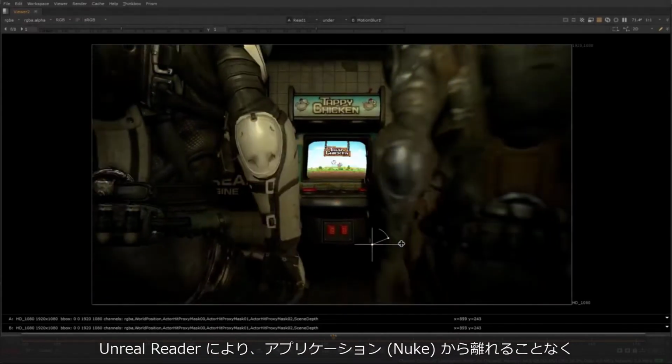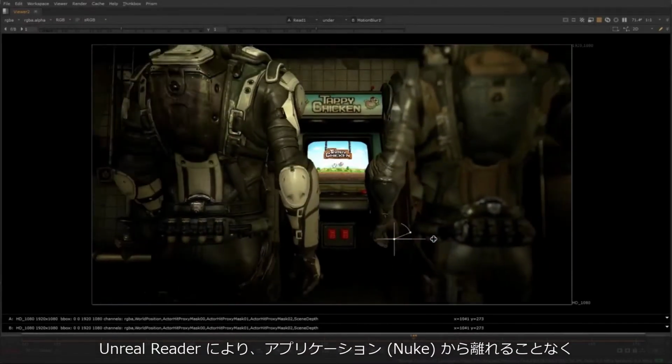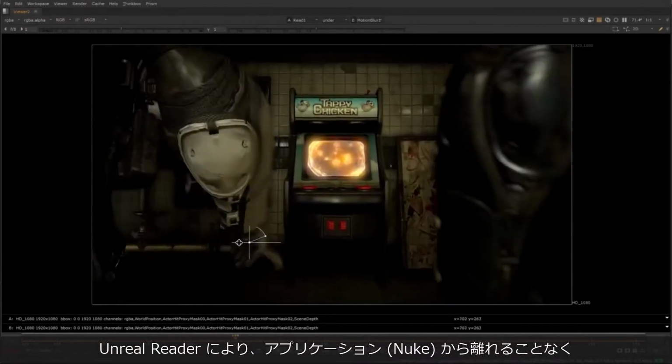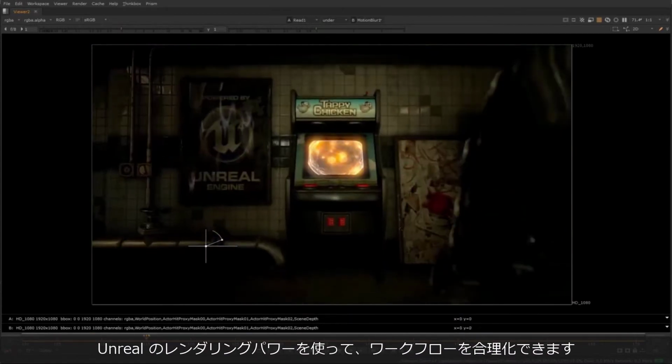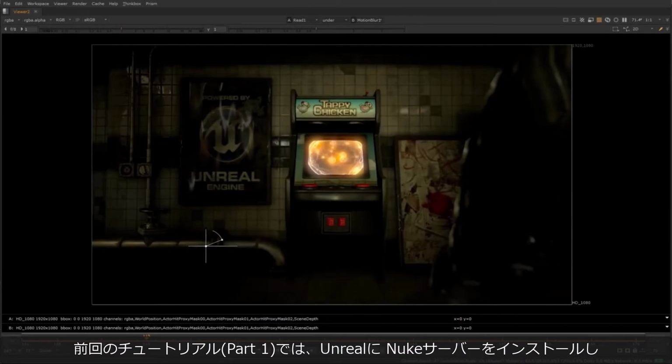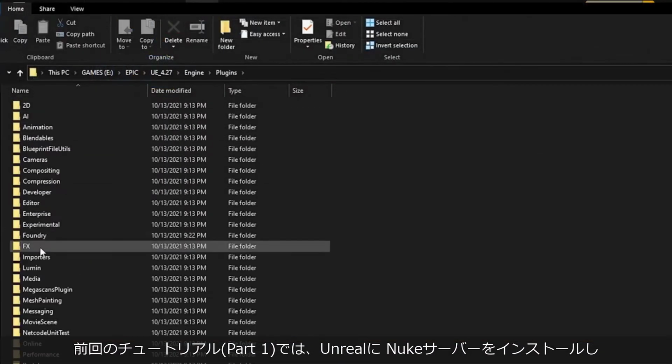With the addition of UnrealReader to the Nuke 13.2 toolset, Nuke users can tap into the rendering power of Unreal and streamline their workflow without ever leaving their compositing application. In part 1 of this tutorial, we had a look at the way you can install the Nuke server plugin